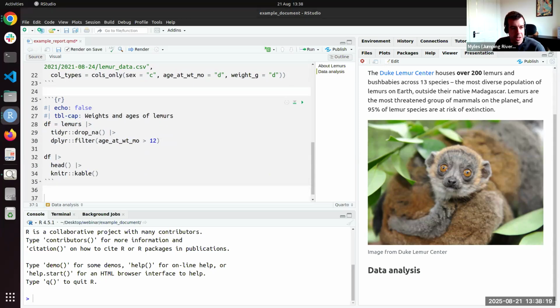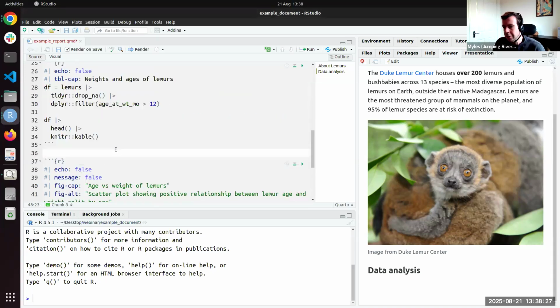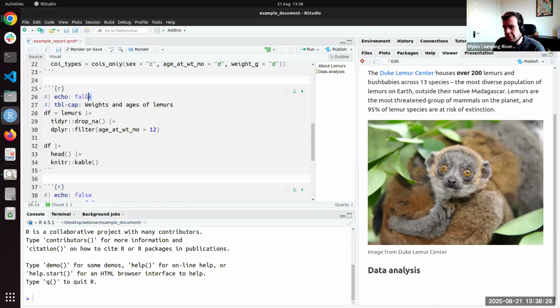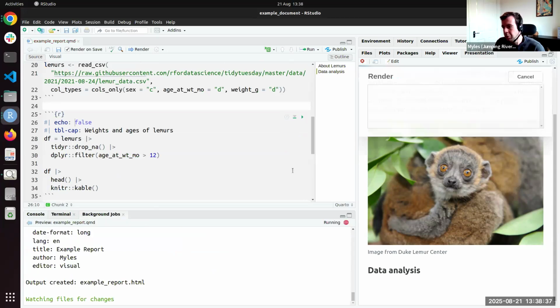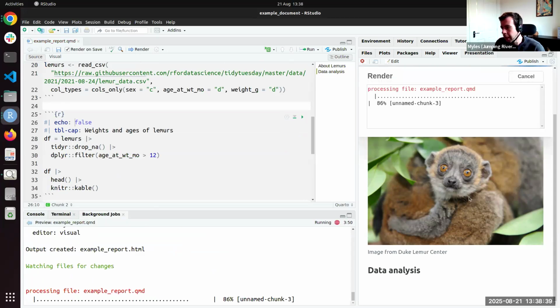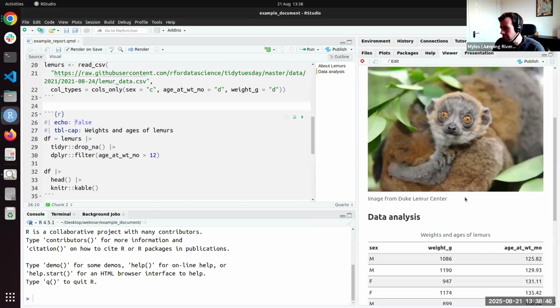And then we might have another code chunk which is being used to visualize the data as a plot. Okay, so in both of these cases, I have set echo to false, so these code chunks should be invisible, but the code itself that's underlying should still run. So I'm going to click render. This might take a little while because I think it is quite a big data set. But that seems to have worked.